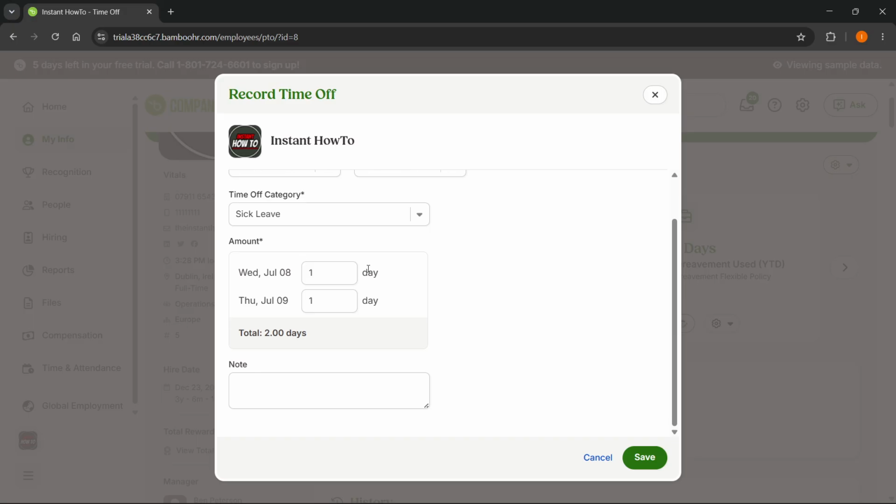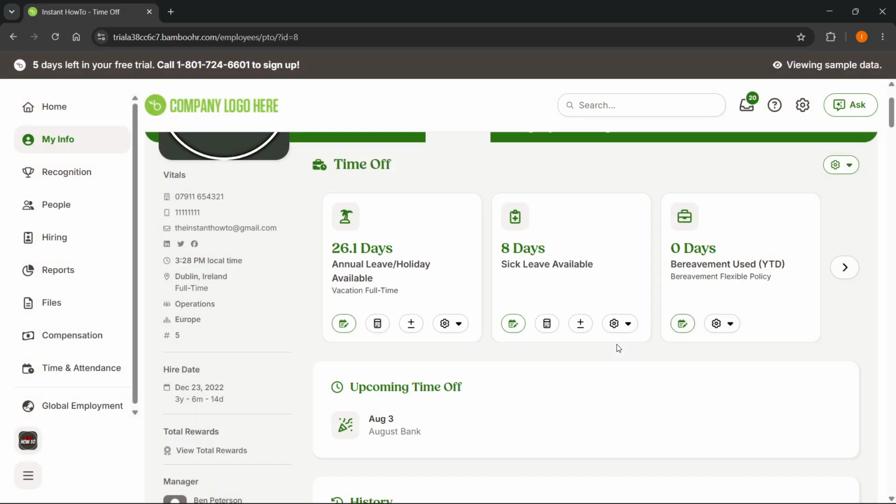the amount of days over here. If that looks good, you can simply click on save down here, and that's going to basically request sick leave on BambooHR. Now, of course, the admins are going to have to approve this, but that's essentially how you do